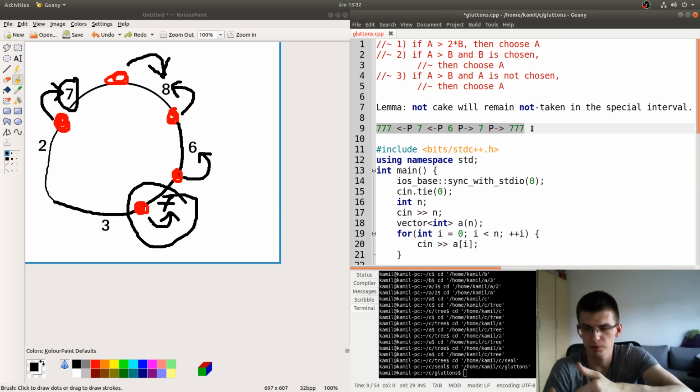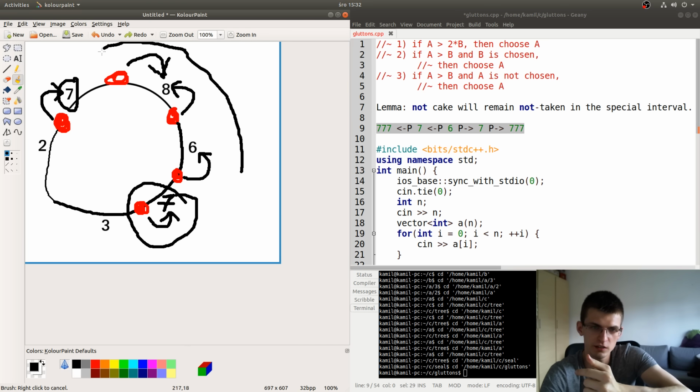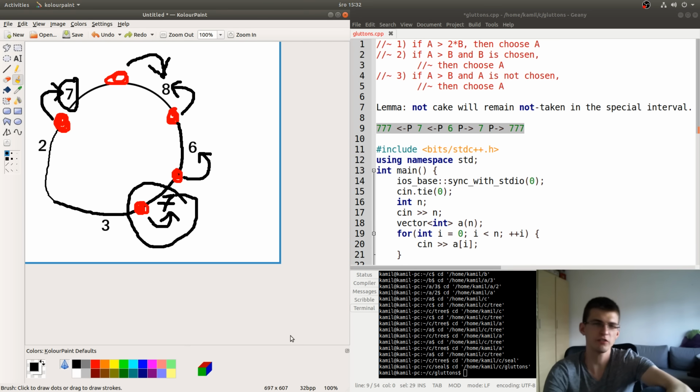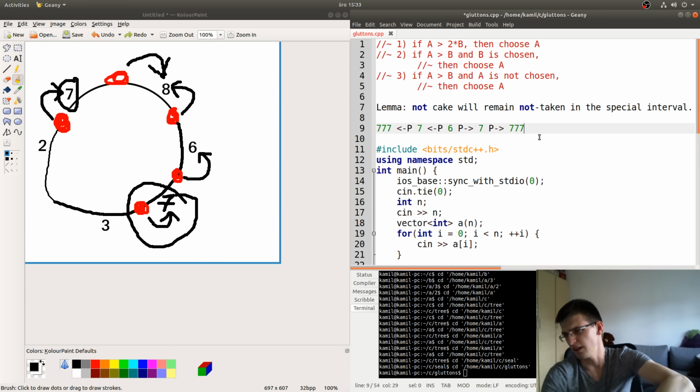Maybe it's true that there will be only two intervals here. So maybe it's possible to split people into two sub-intervals such that in every interval everybody takes a cake in the same direction. This is a very good idea. I don't know if it's correct.